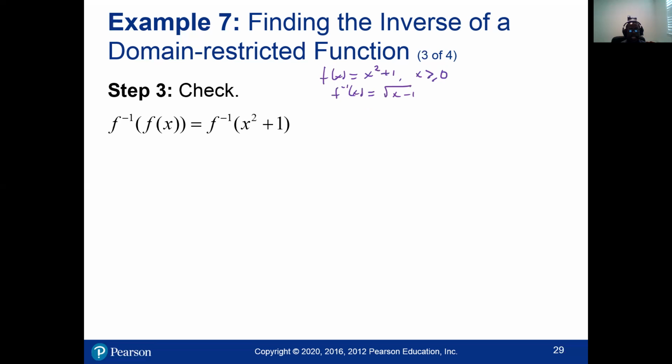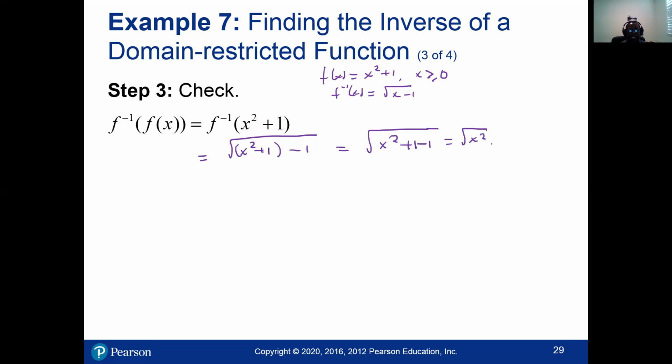Whenever we see x in the inverse, we plug in f of x. So this is equal to the square root of, whenever we see x, we plug in x squared plus 1. This is my x minus 1. So this is equal to the square root of x squared plus 1 minus 1, which is equal to the square root of